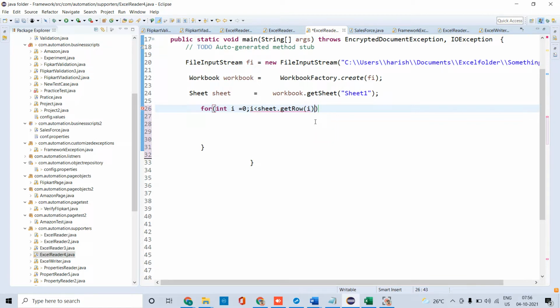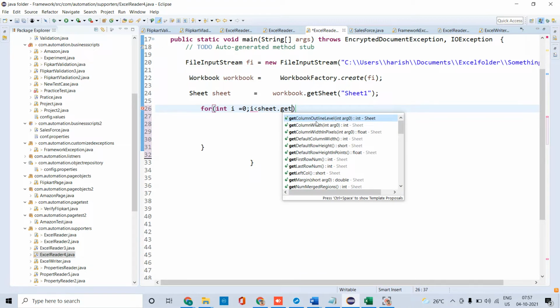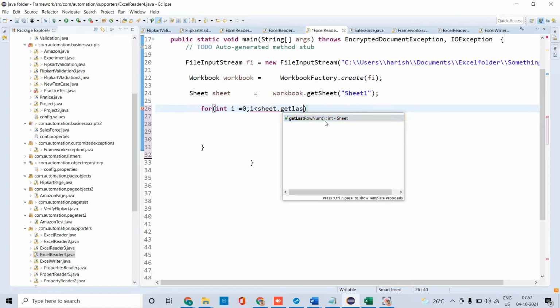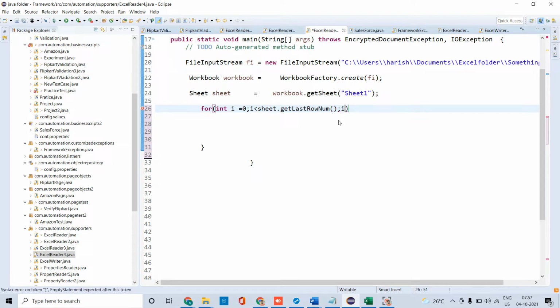I already have the sheet, and in that sheet I want the last row, so I am taking the last row so that I can get the data up to the last row.